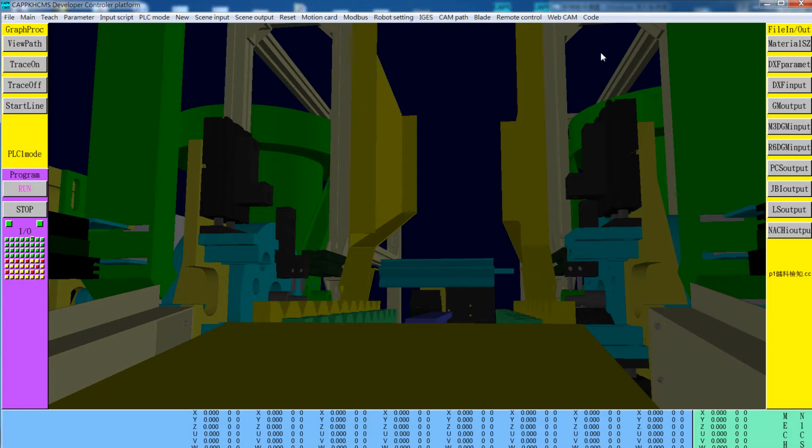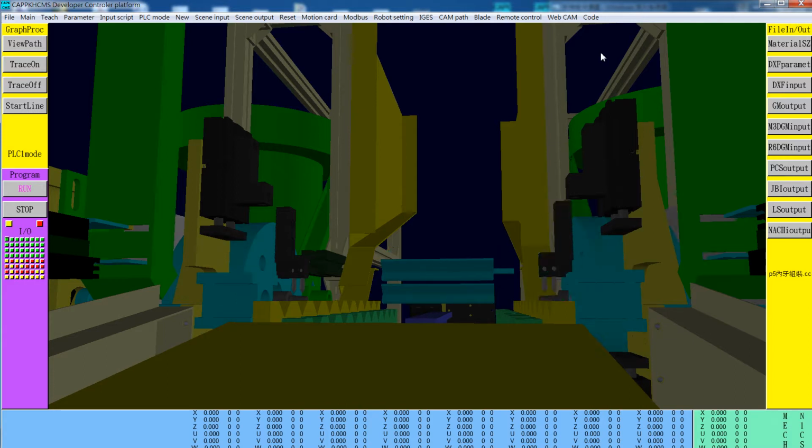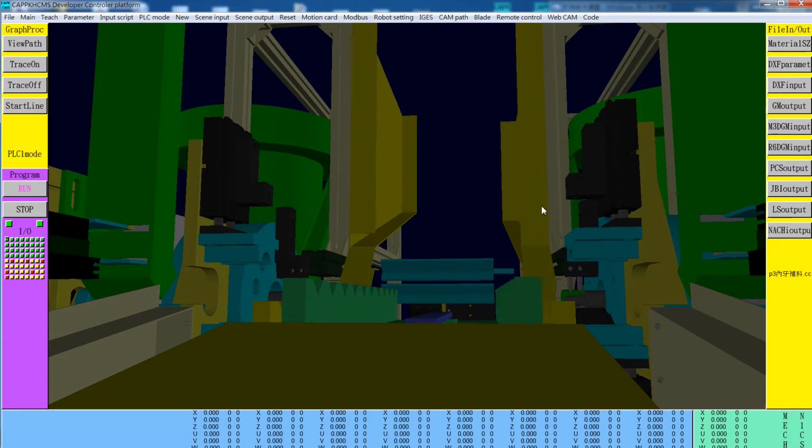Visual script of pure PLC mob assembly machine by teaching. Number 2. On the screen, you can see the assembly machine running